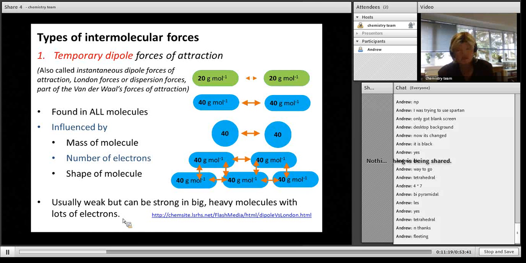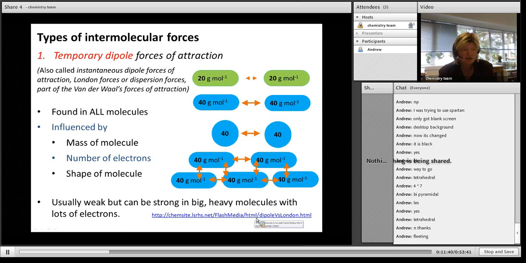Tar, for instance, is pretty much a solid at room temperature. Candle wax as well. Those are all non-polar molecules though, but they have really, really strong forces of attraction because the molecules are so big and heavy. Now I'm going to go to this